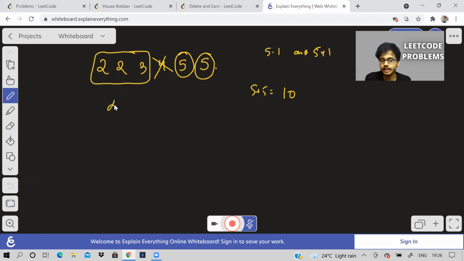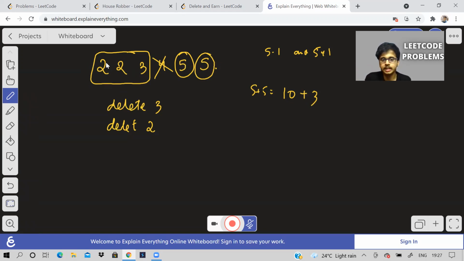Should I delete 3, which means should I take 3 from the array and add it to my total, or should I delete 2, which is better? So suppose I delete 3. Delete in the sense we are not reducing from the total. When we delete an element from the array, we are adding it to our total.